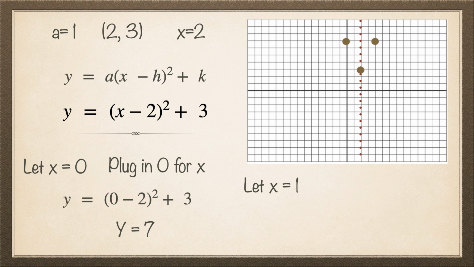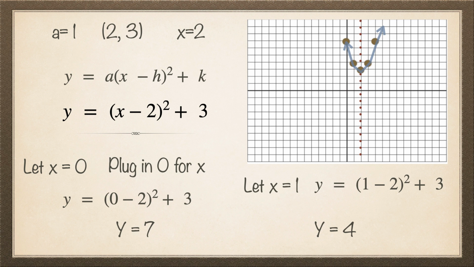And when I do that, I get y equals 1 minus 2 quantity squared plus 3. Well, 1 minus 2 is negative 1. Negative 1 times negative 1 is positive 1. 1 plus 3 is 4. Y equals 4. So let's plot 1, 4. And then I'm also going to plot 3, 4 because it's on the other side of the axis of symmetry, 1 space. All right. So I'm going to draw